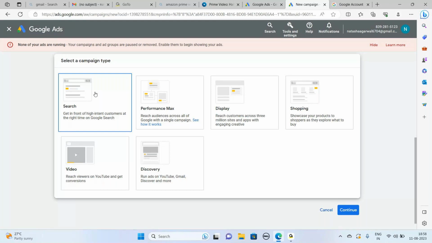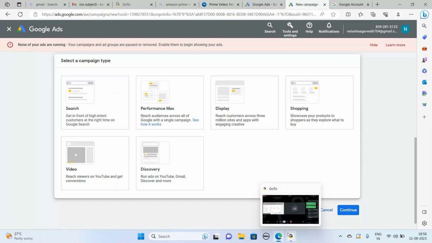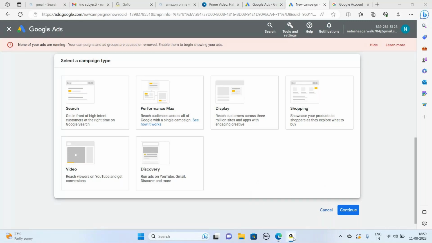Can you see below what types of campaigns you have? How many types are there? How many types of campaign type do we have in this screen? Hope everyone is able to see the screen.